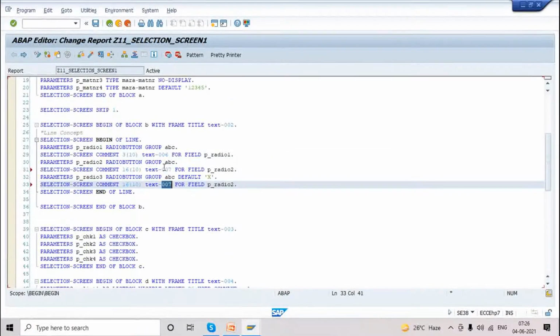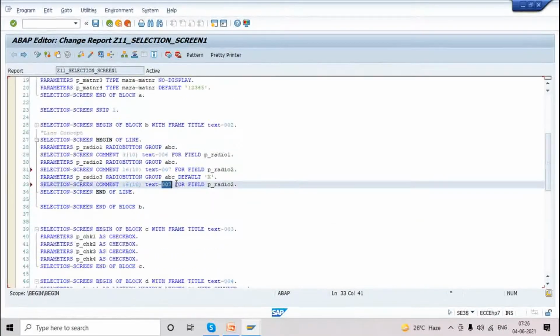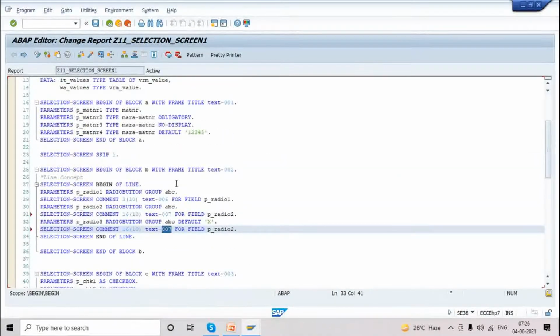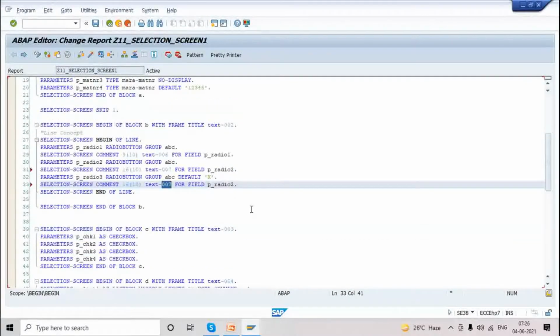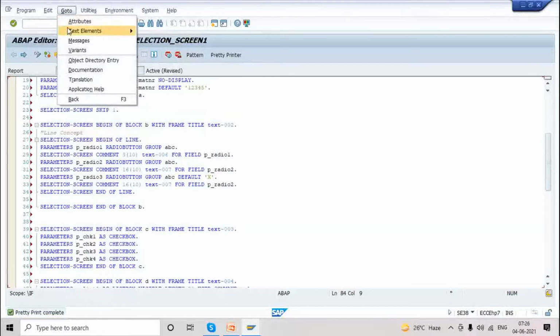Usually we start with 001, that is for understanding purpose. In some places SAP is using AB1, AB2 like that. But we have to define it here in text symbols, under text elements.